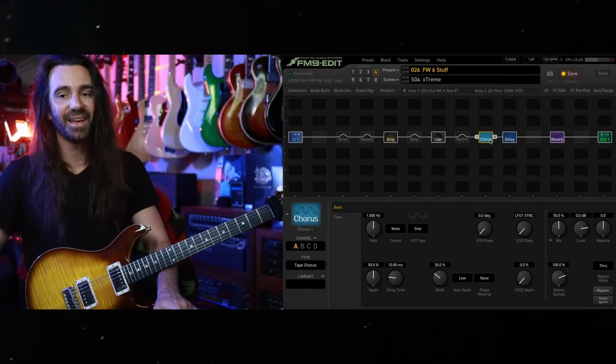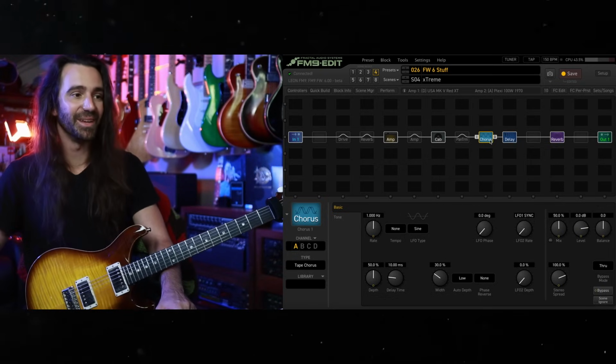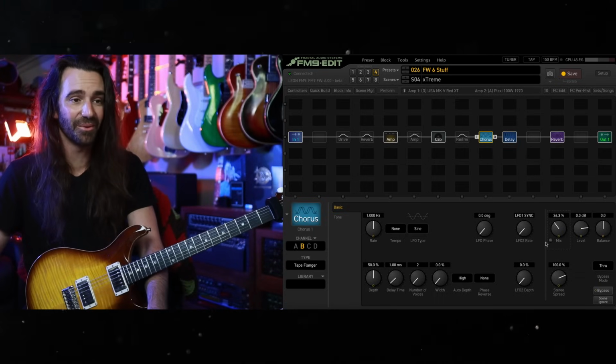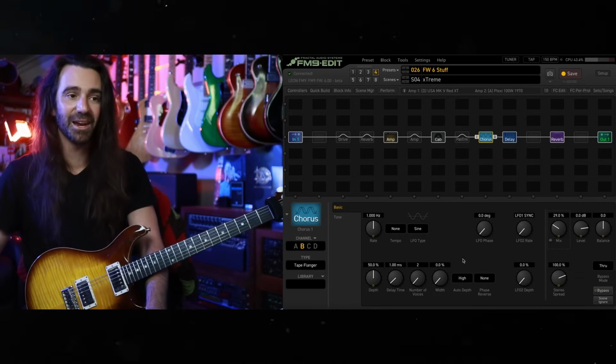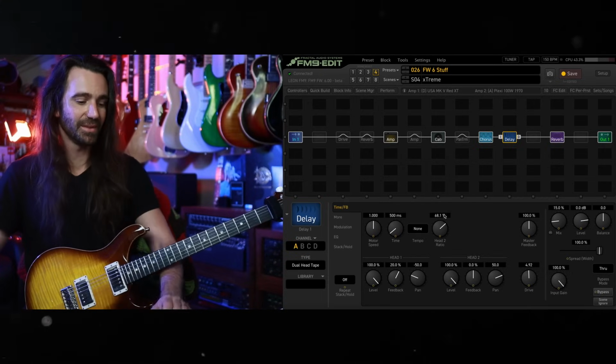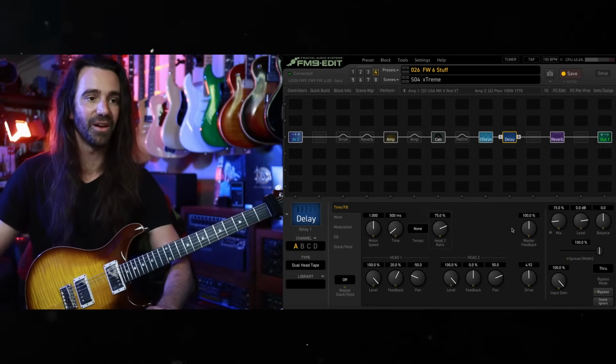On the effects side, there is a new tape chorus mode in here. There's also a tape flanger, which sounds really good. I kind of like the tape flanger with a mix around 30% to just add a bit of width. There's also this dual head tape delay. If you set the head ratio to 75%,